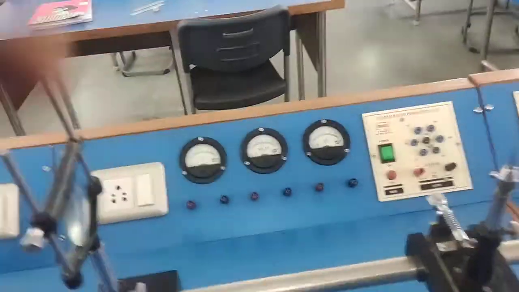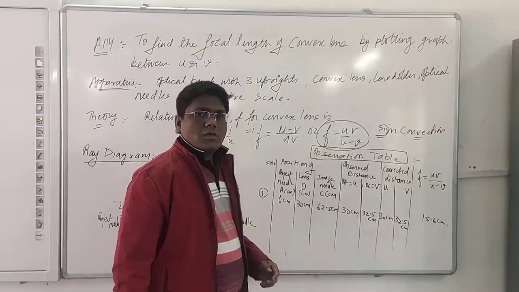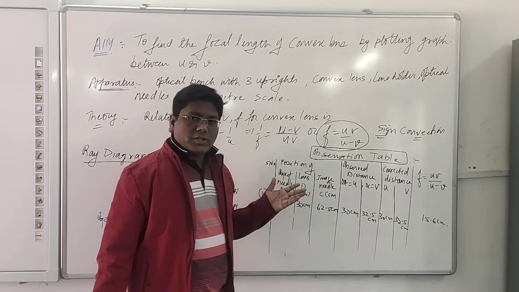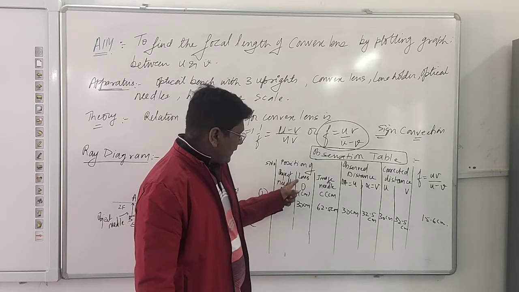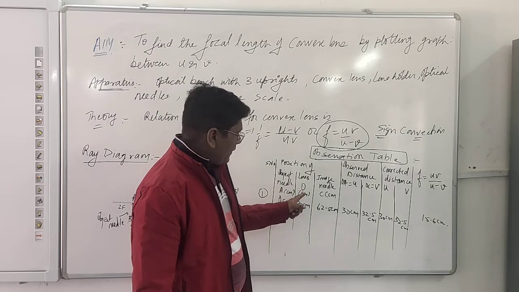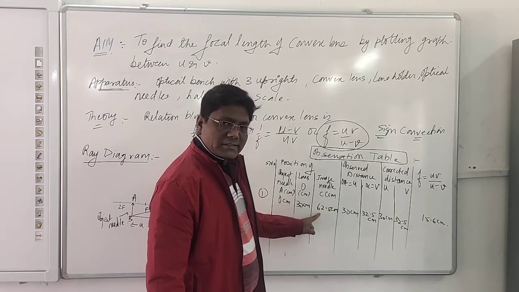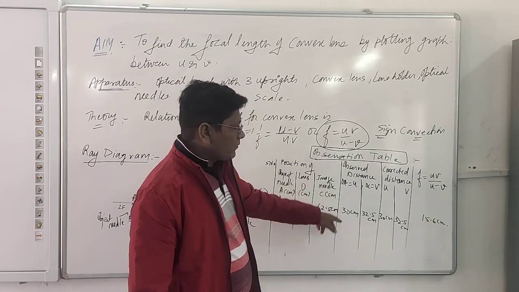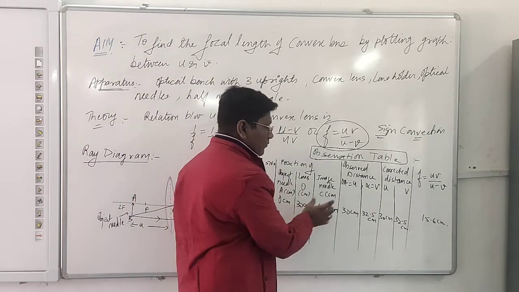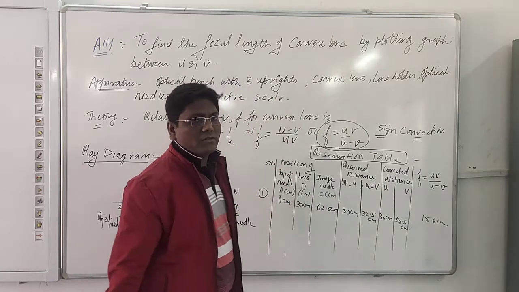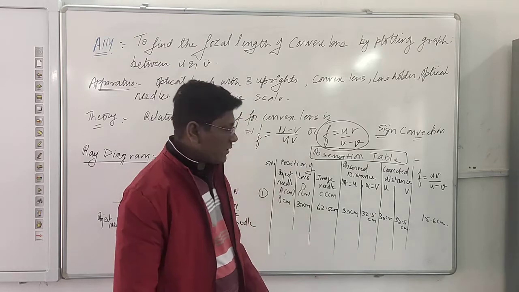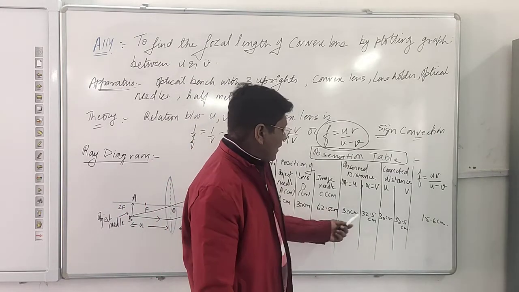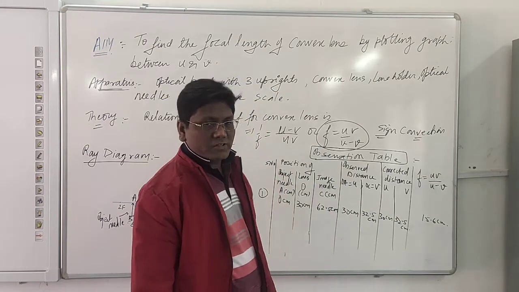Observed distance of the image. So what I am going to write now is the reading in the observation table. Dear students, you can see this observation table now. The position of the object needle was initially 0 centimeter, the lens position was 30 centimeters, and the image needle I find at exactly 62.5 centimeters. So the observed distance will become what? We have to take it from the lens itself, that is the optical center of the lens. From there, 30 minus 0 gives 30 centimeters, and if I subtract 30 from 62.5, I get 32.5 centimeters, dear students.